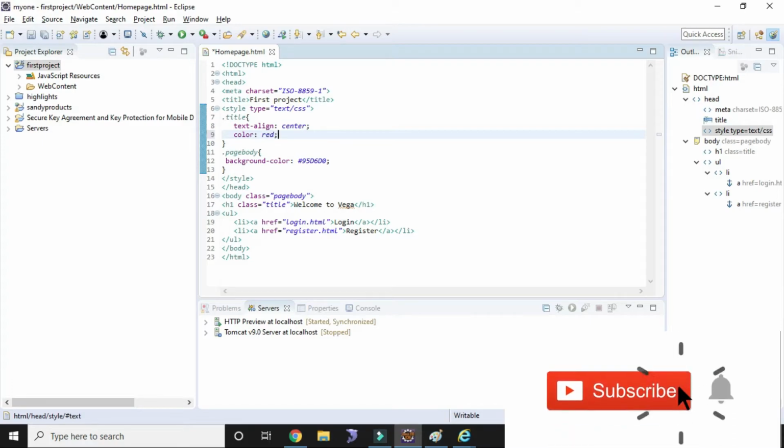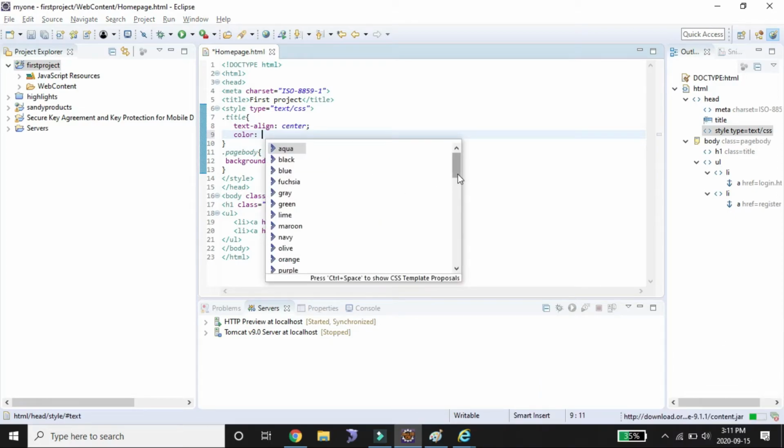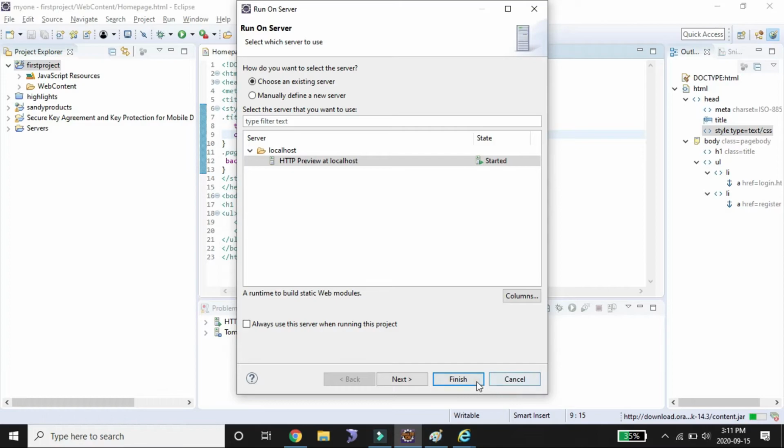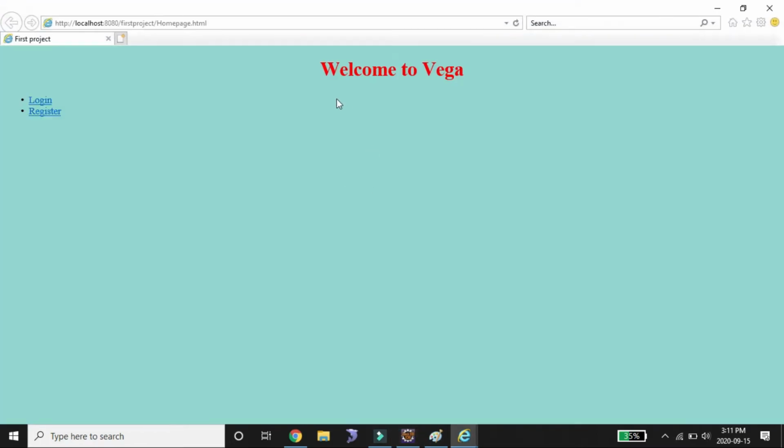You can type red also. Some of the colors will be represented internally, so those will work. The rest of the things you need to copy from external sources. So I want to go with red, semicolon. Save it, and again run your application, finish, and you can see that one is in red color. Okay, so nice.